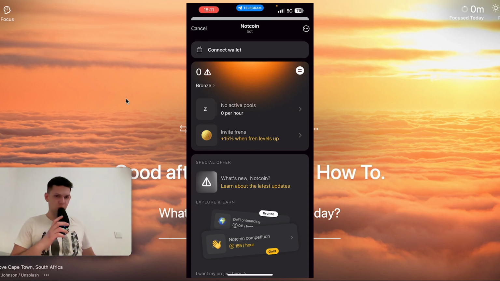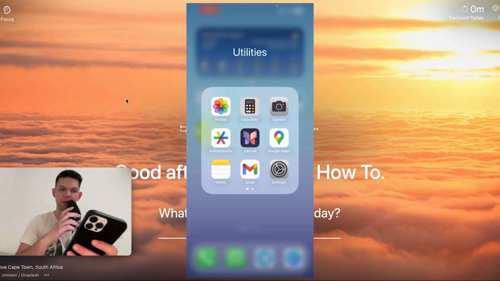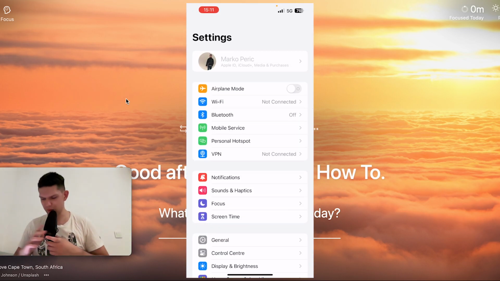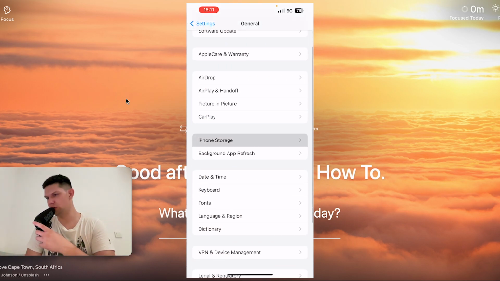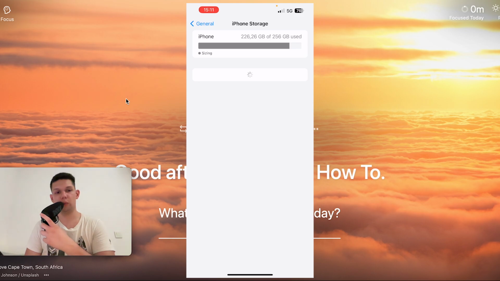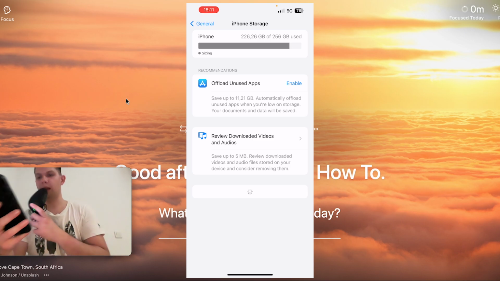So what you want to do, if you are on your iPhone, you want to open up Settings. From Settings you want to go to General. From General you want to go to iPhone Storage. Then you need to wait for it to load up what it needs to load up, and from there you